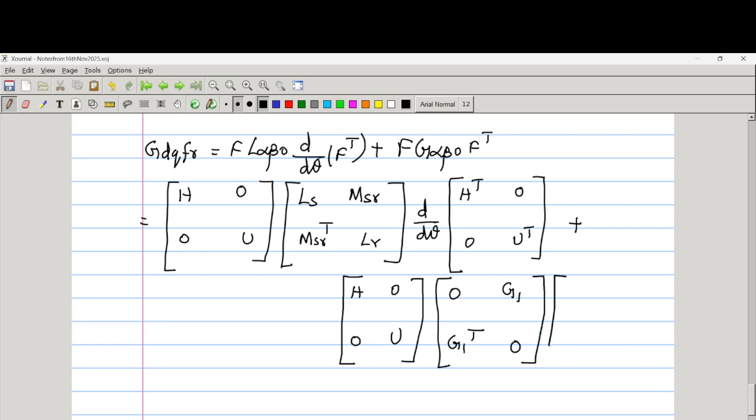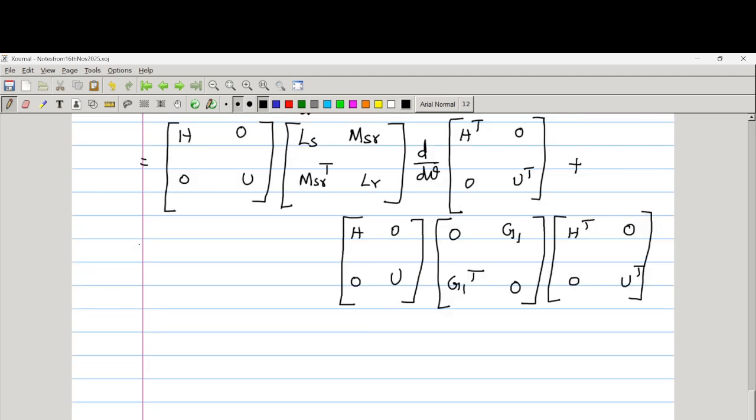Then we should have F transpose, that is H transpose 0 0 U transpose. Now when we substitute all these equations, the final matrix will have two terms. First I will multiply these three matrices, then we will multiply the other three matrices. So this answer will be